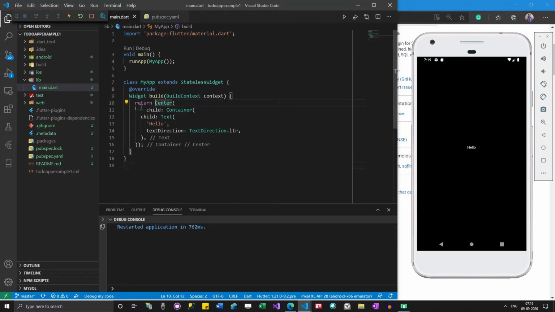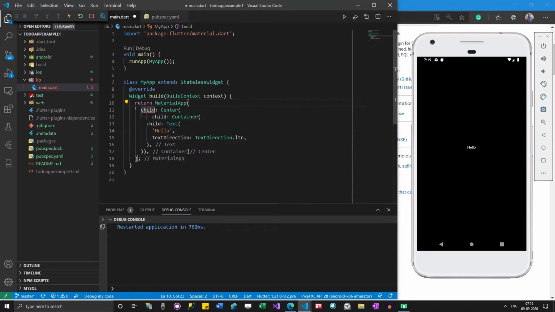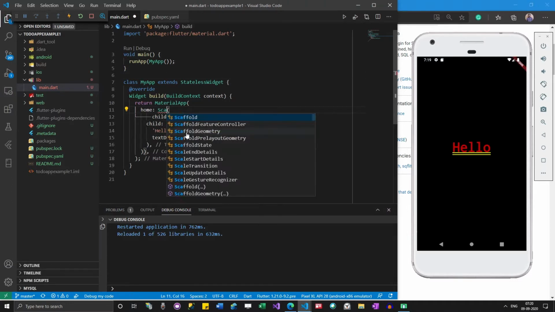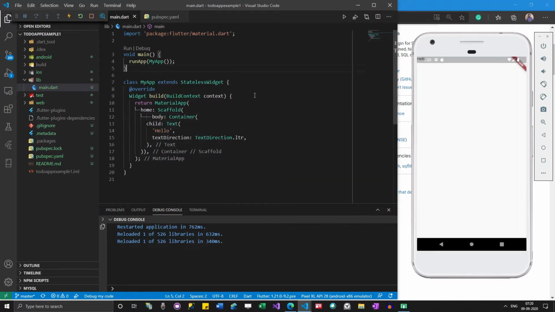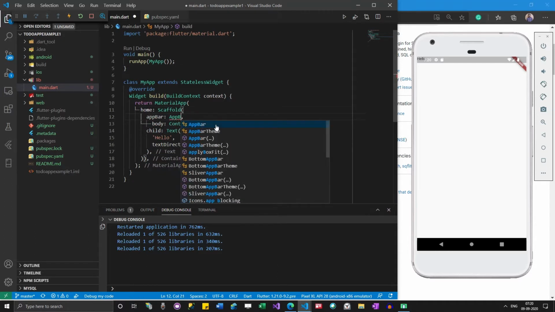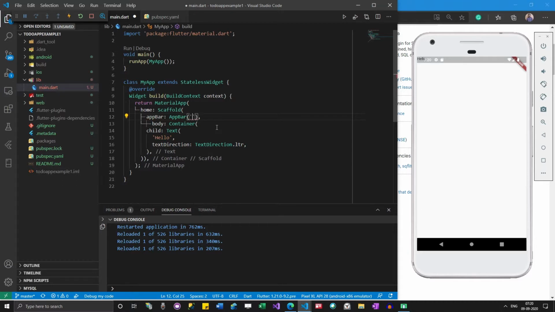So what I'm going to do is change this to MaterialApp, change this to home, scaffold, and then let me add an app bar also. Title, to-do app, demo app.